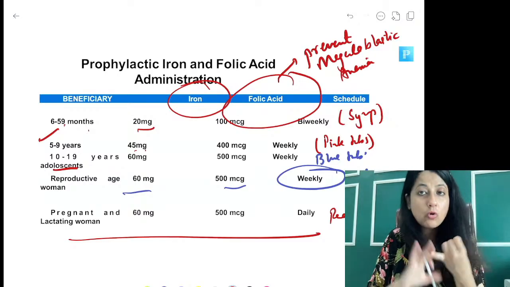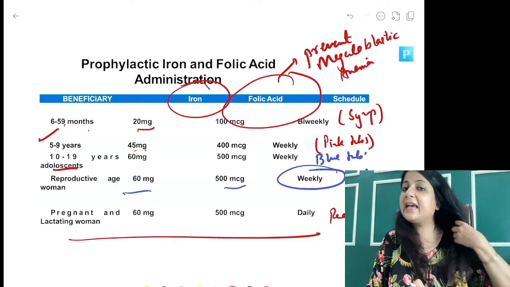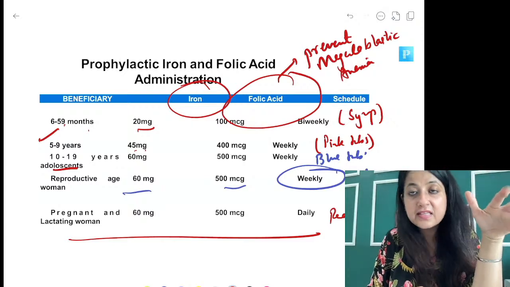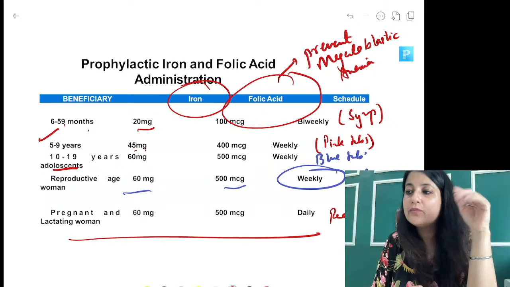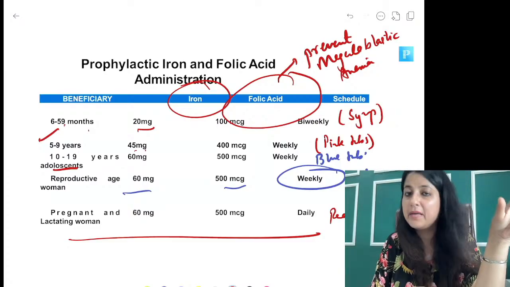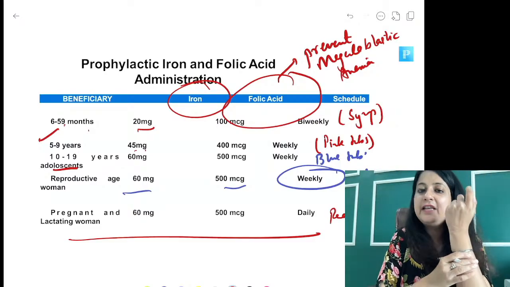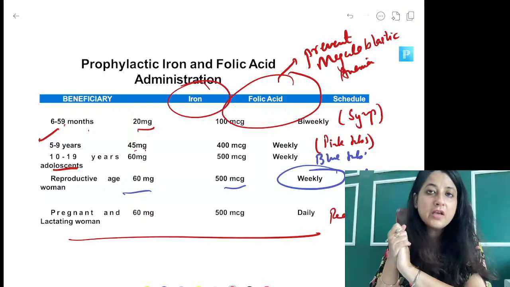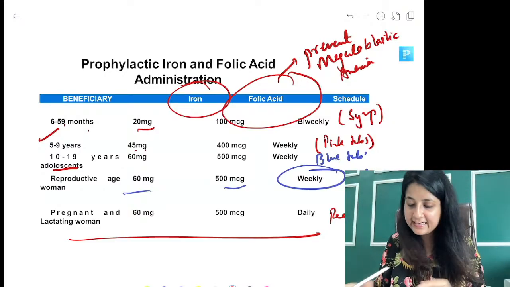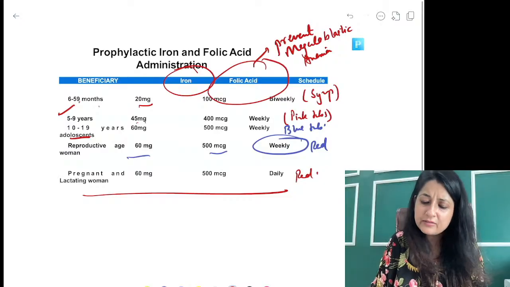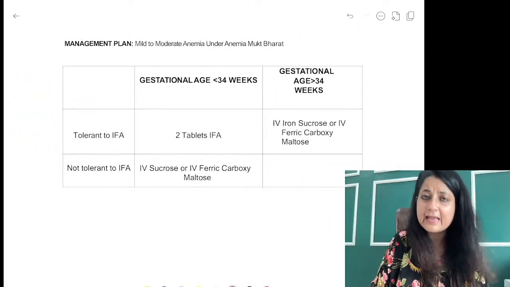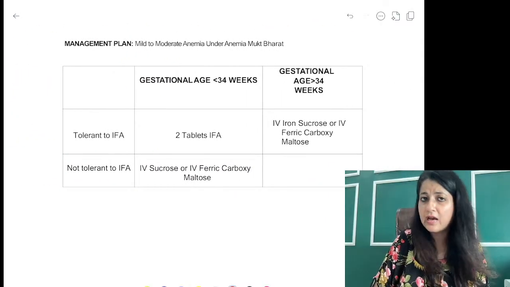Megaloblastic anemia has 2 important causes, guys. One of course folic acid deficiency, vitamin B12 deficiency, alcohol. Alcohol is one of the most important causes for megaloblastic anemias. All right, features of anemia you learn from your pathology. Don't say NDD. The purpose is to prevent megaloblastic anemia. Anemia Mukt Bharat is a very favorite question in exams, guys, so this time I have made a chart where